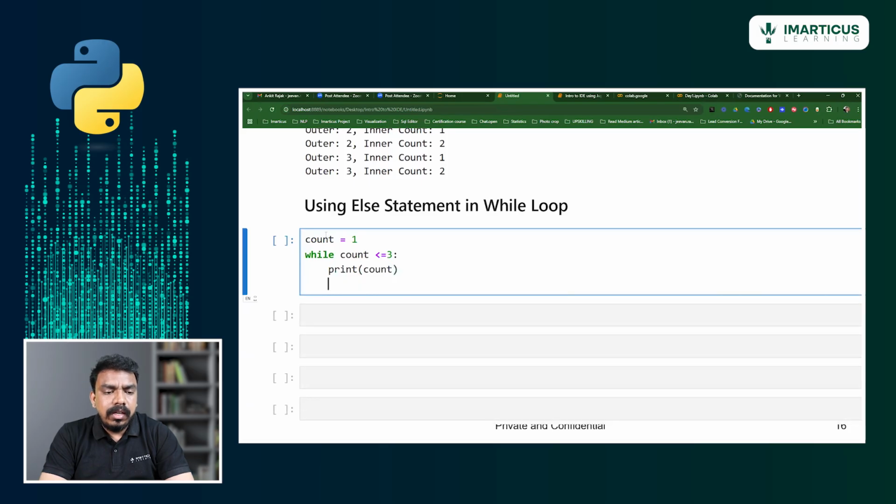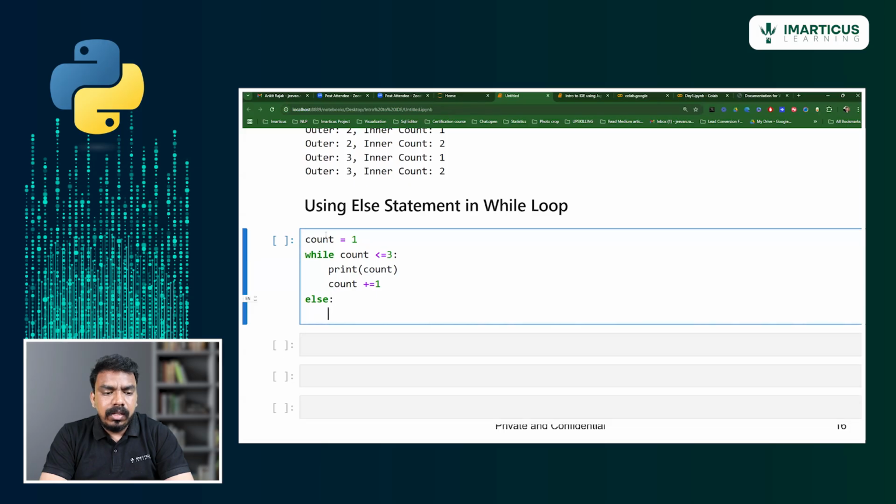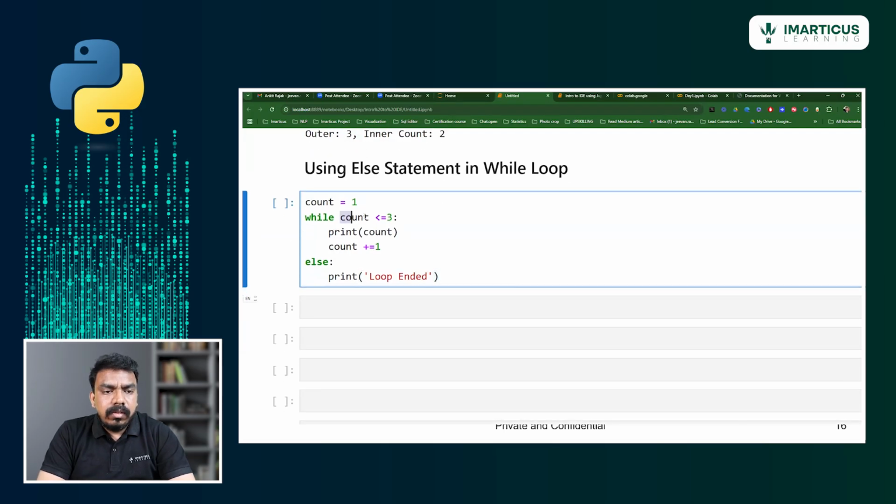I provide an incremental value for count, that is count plus equals 1, and I am also writing an else statement, which prints "loop ended". Got it everyone? So now what will be the output?